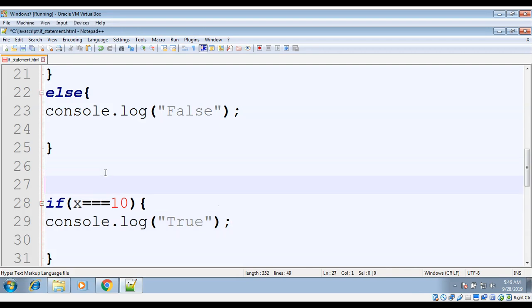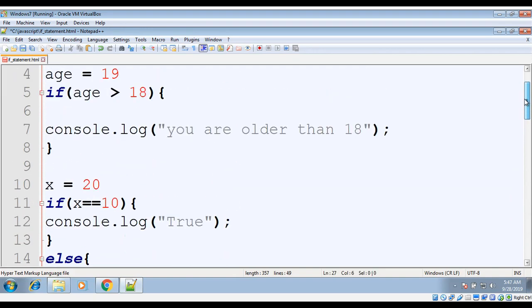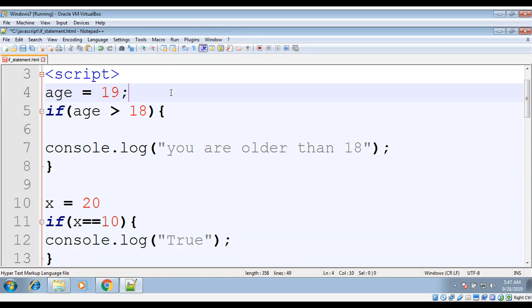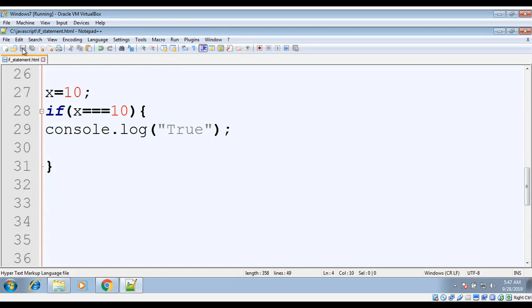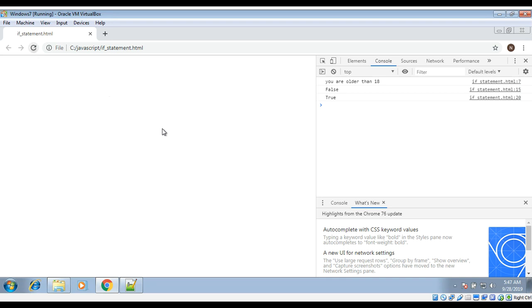Here I will set the value to 10. I missed a semicolon over here and here too. It's better to use this. I'm just gonna refresh the browser again, and it should print 2 because I have set the value to